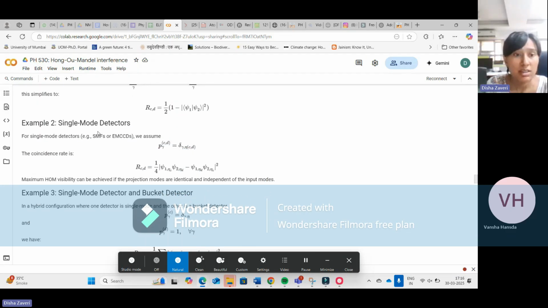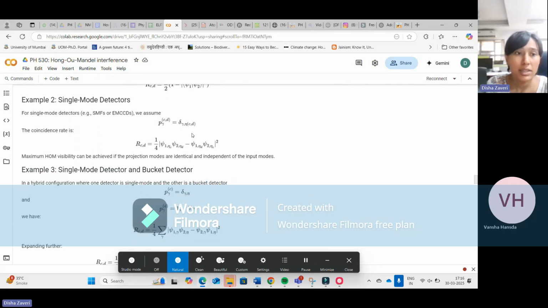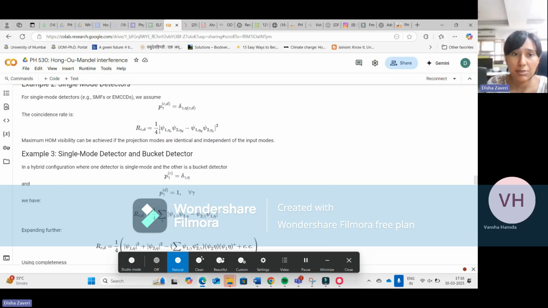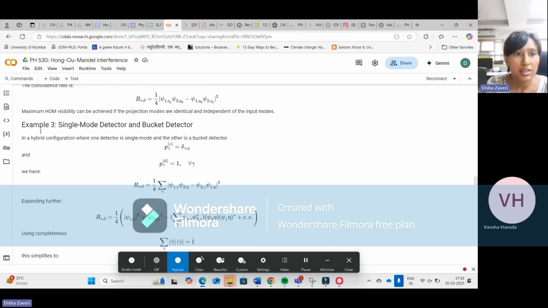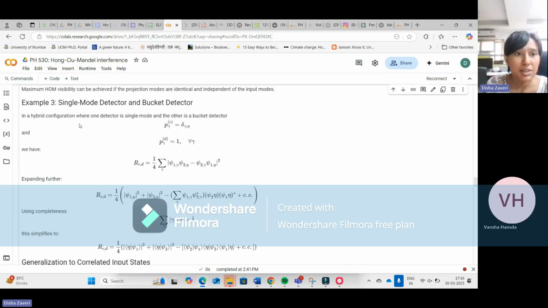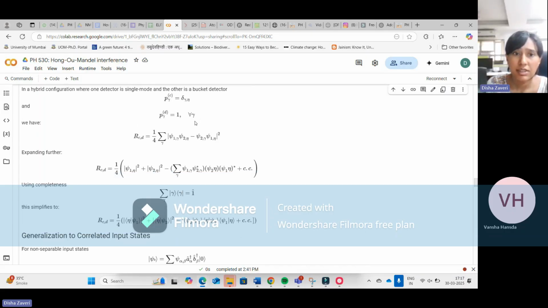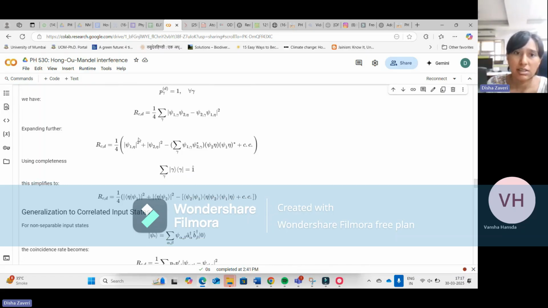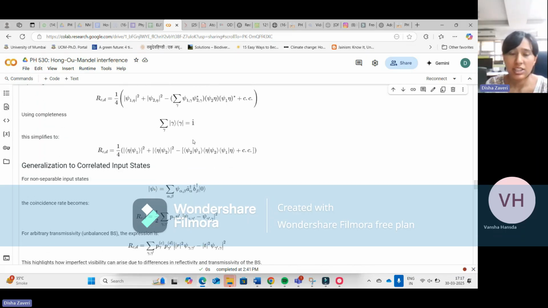Then the single mode detectors. For single mode detectors, we have P gamma CD equal to delta gamma eta, and the coincidence rate R CD is 1 by 4 times the modulus squared of psi 1 eta C psi 2 eta D minus psi 1 eta D psi 2 eta C. The third case is a single mode detector and a bucket detector, a hybrid configuration where one detector is single mode and the other one is a bucket detector. So we have P gamma C is delta gamma eta and the other, P gamma D, is 1 for all gamma. So R CD is 1 by 4 summation over gamma of the modulus squared of psi 1 gamma psi 2 eta minus psi 2 gamma psi 1 eta, whole square. And if we use the completeness condition, then we have